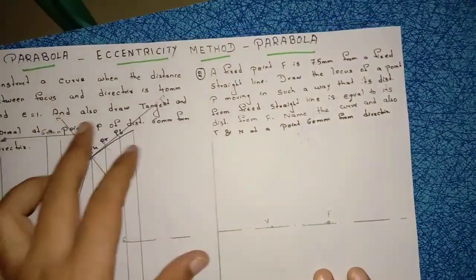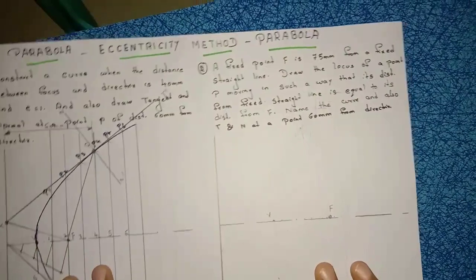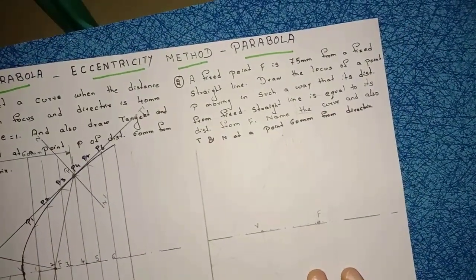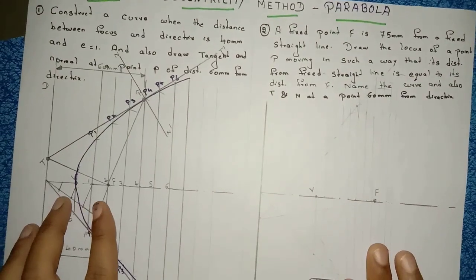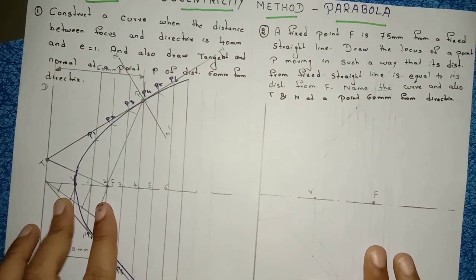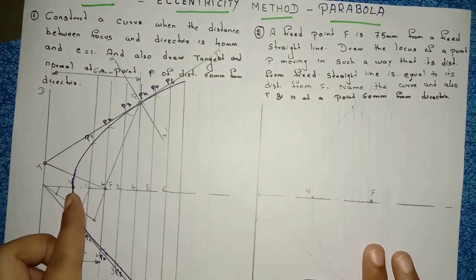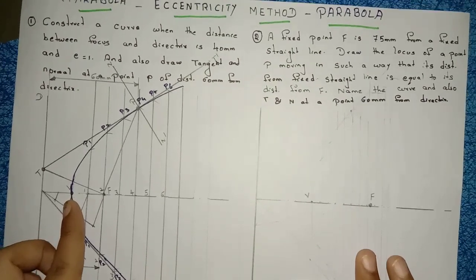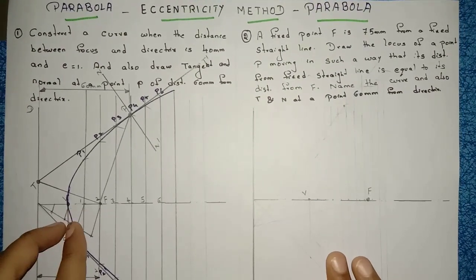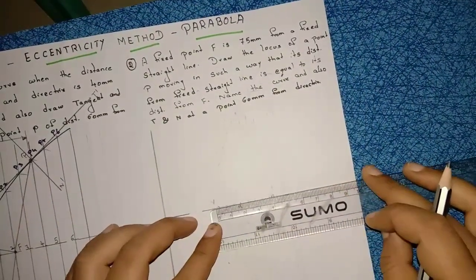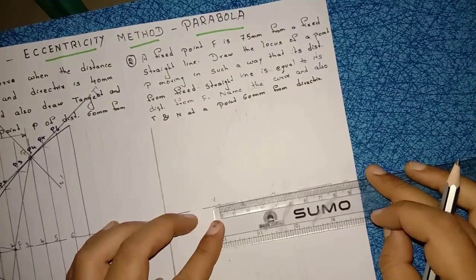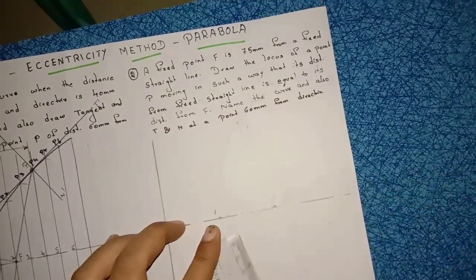If it is 40 mm, we are dividing into 4 equal parts; for 50 mm, 5 equal parts. But in such cases, you can mark directly also. No problem. 40 mm means instead of doing this process, mark 20 mm here. 50 mm means directly mark 25 mm. So after marking the V point, we are taking this distance from V to F, 37.5,